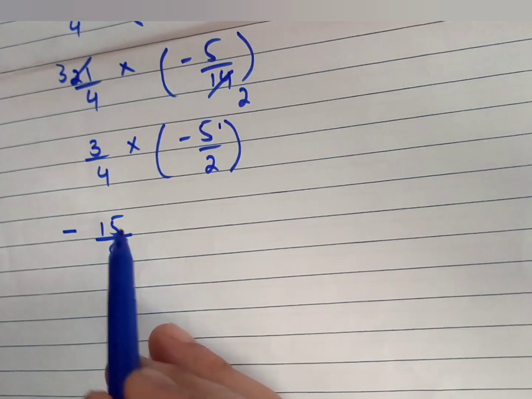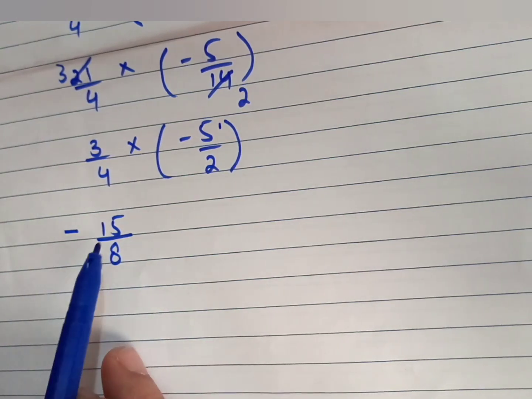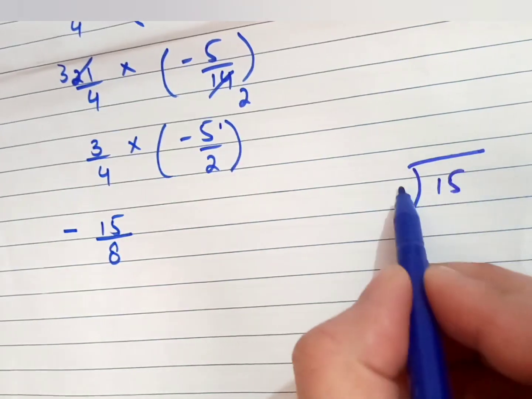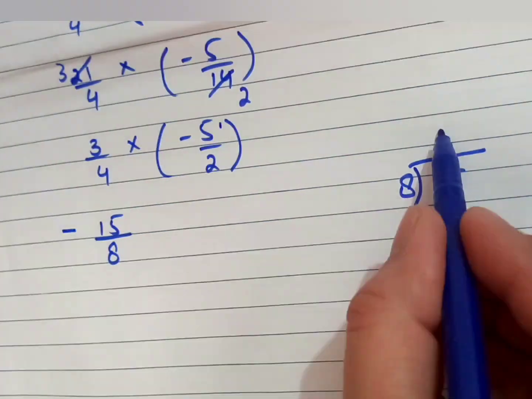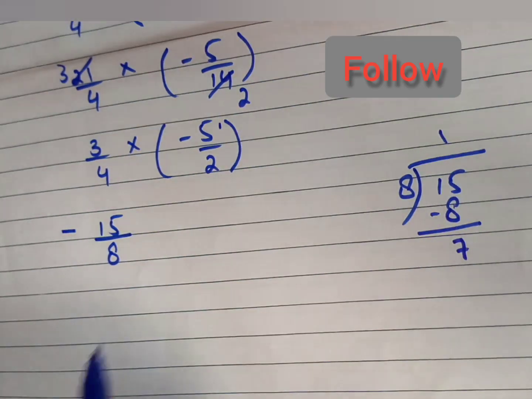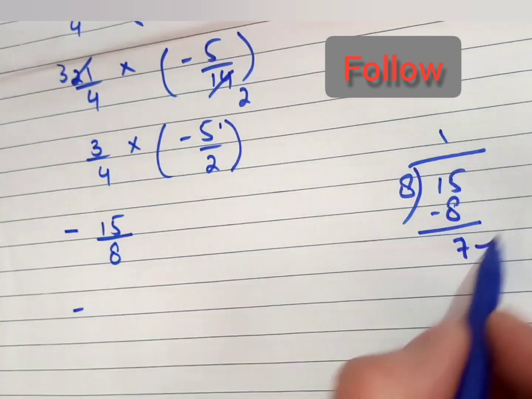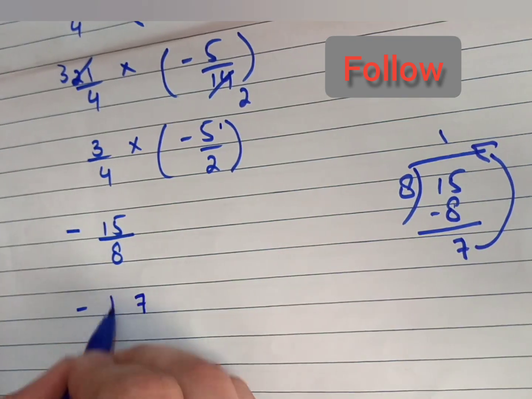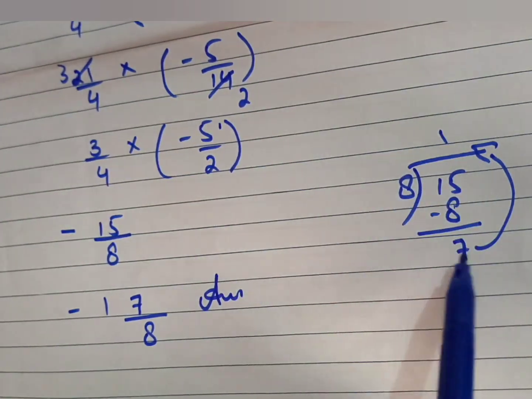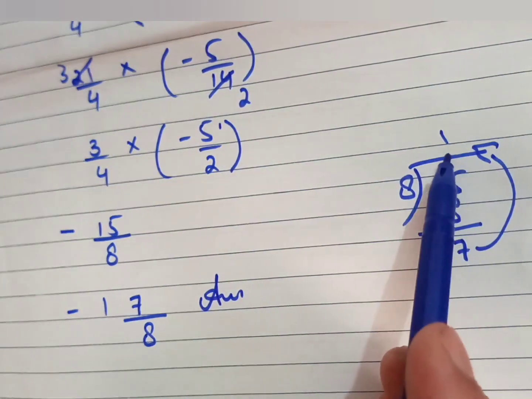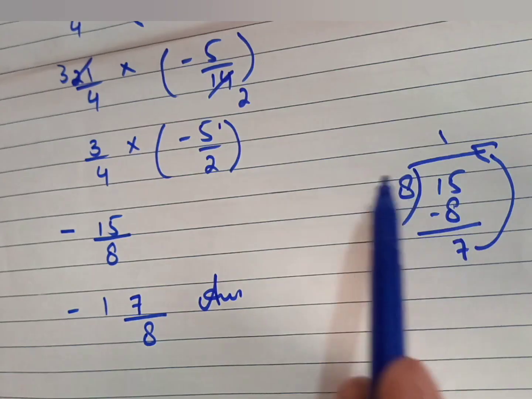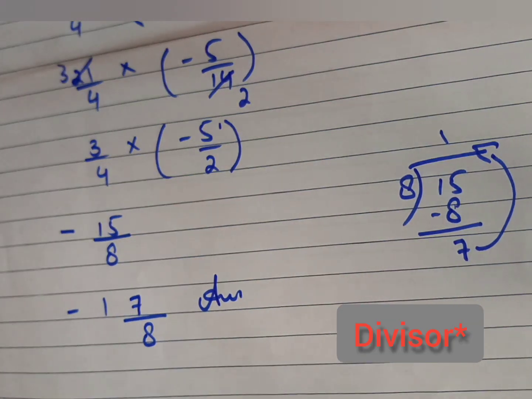Now students, you can see that we have an improper fraction. Why? Because our numerator is bigger than our denominator. So we will divide this term. 8 1s are 8. Now 15 minus 8, 7. So write down this term. Place this minus sign as well. This is your answer. Whenever you have this type of division in which you have a remainder, write your remainder on the top. Your quotient will be on the left side, and your divisor will be on the denominator side. So this is all about your part A.